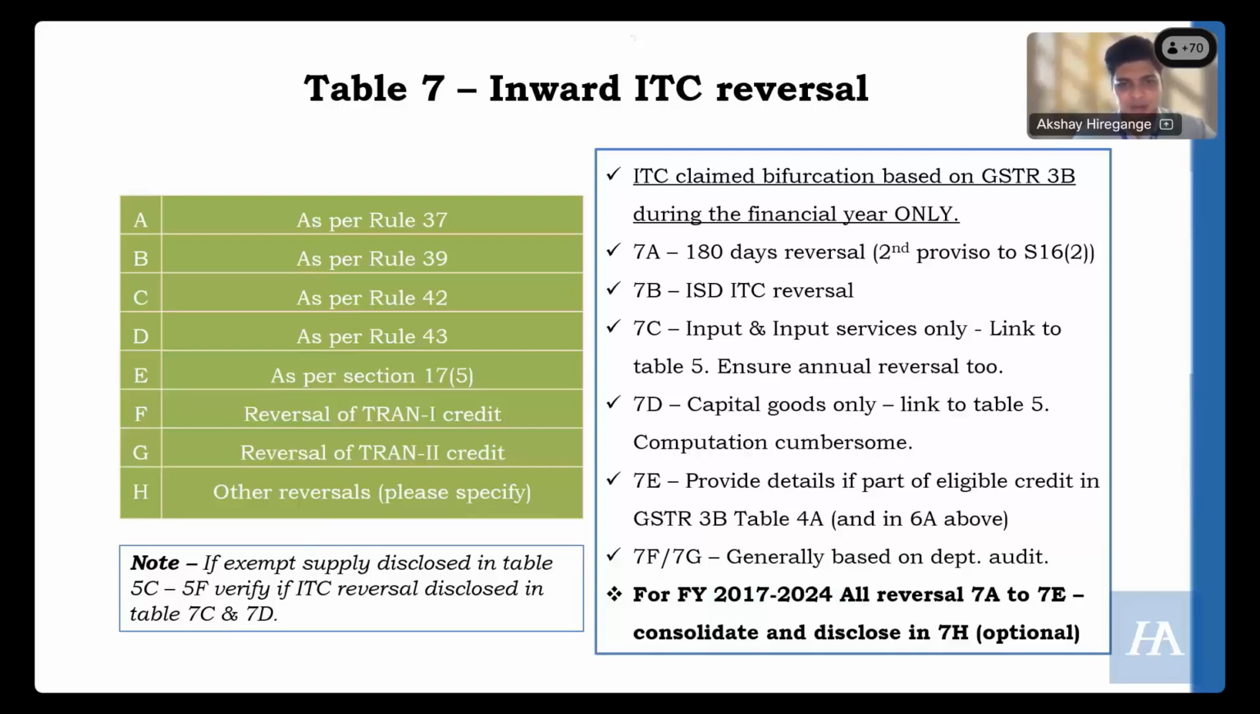43 is for capital goods. The format and the formula which is there for 42 and 43 both are different. Please keep that in mind because if there is a fluctuating exempt ratio,